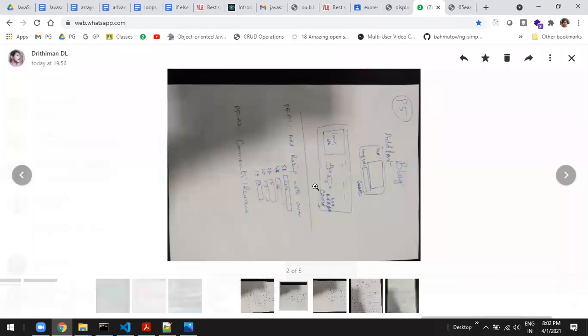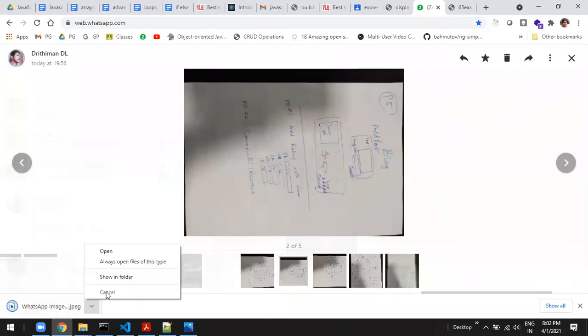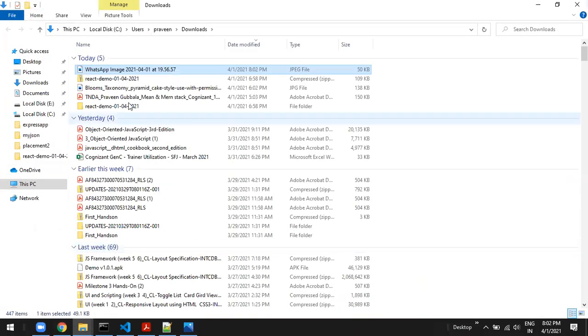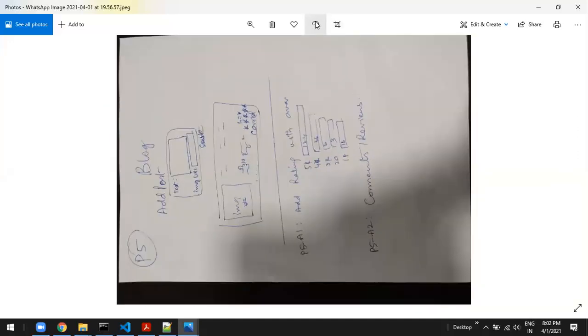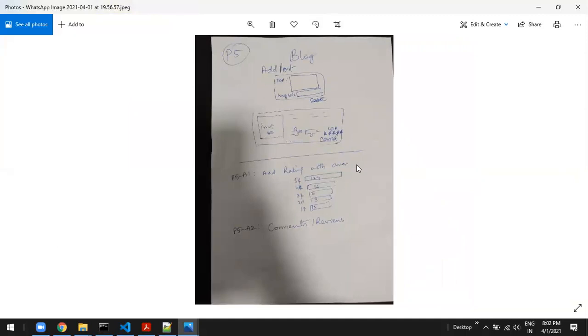So for example, by the end of JavaScript, you are supposed to create a blog of this sort. You should be in a position to add a post with the image URL, where the image appears on the left and the content on the right, with likes and dislikes and a rating.